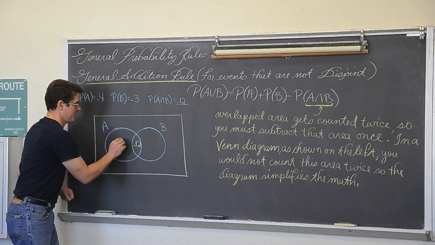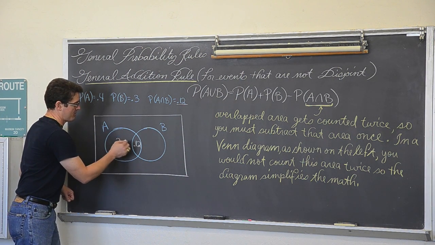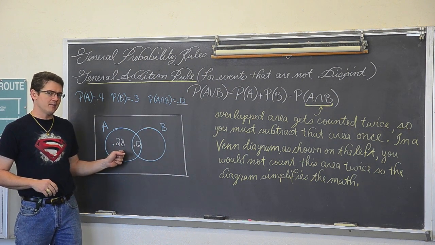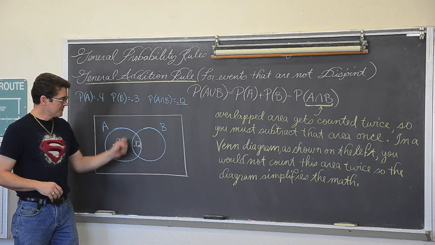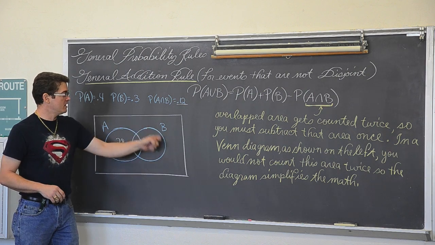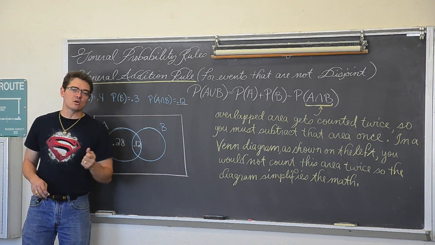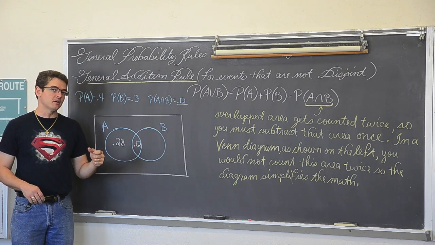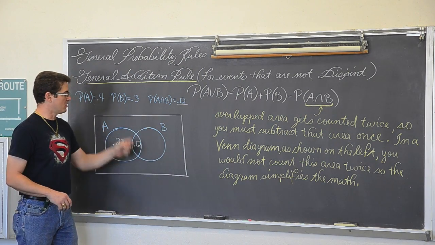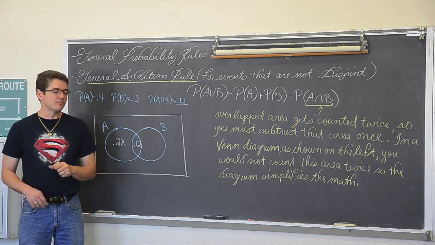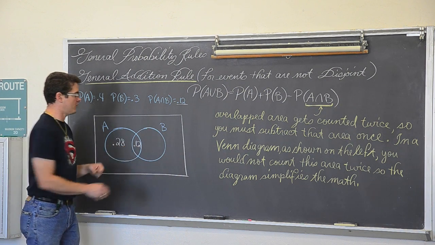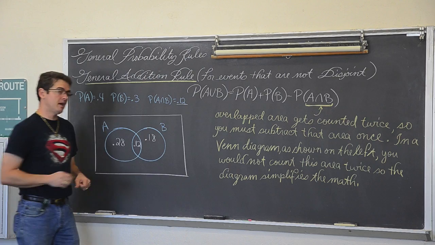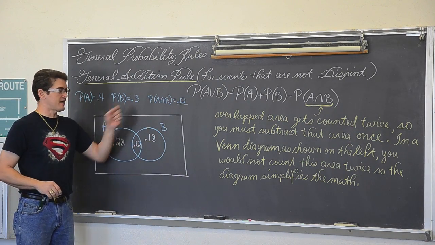So this area of the circle has the probability of 0.28. This circle, and I'll explain how you label that in a second. This entire event B, well, the entire probability of B occurring is 30%. Well, we already have 12% counted in the overlapped area. So this entire circle, by this notation, has to add up to 0.3. So 0.12 means that this outside area is 0.18. And so those two add up to 30%.